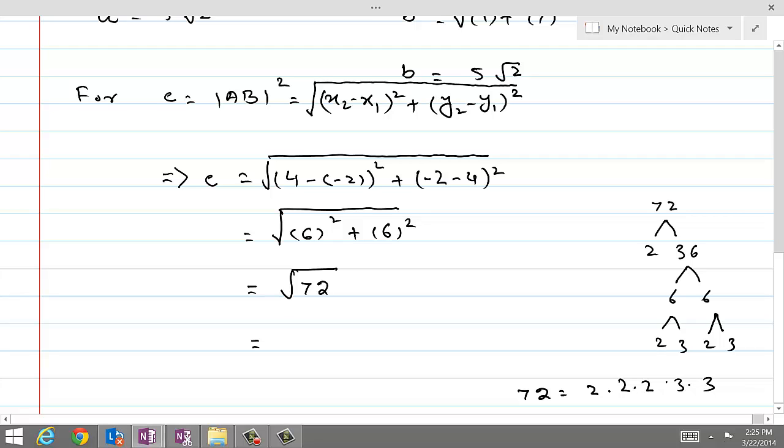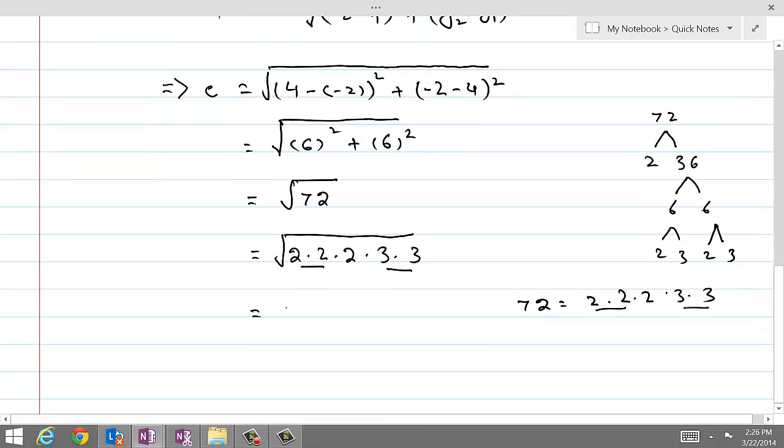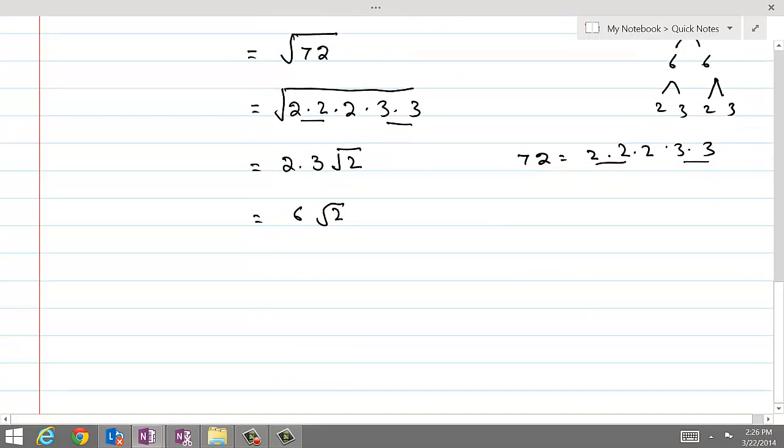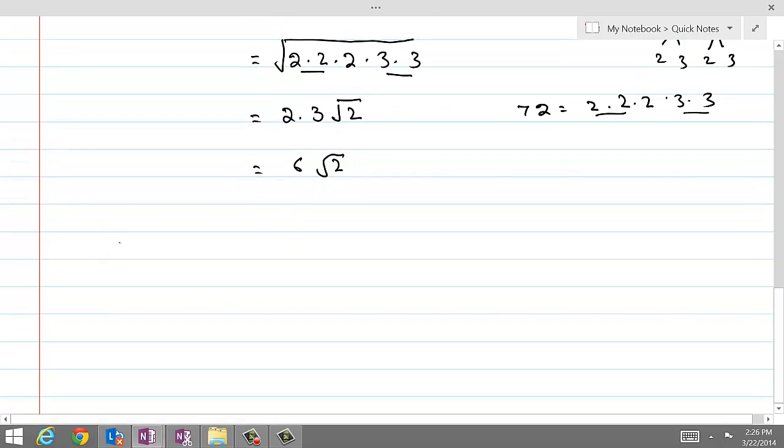If we make pairs, we can get this pair and this pair. This means we take one element out of each pair, 2 and 3, and then 2 remains under the root. So this is equal to 6 times root 2. So these are the values of a, b, c, and now the incenter